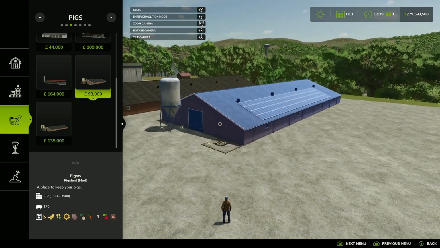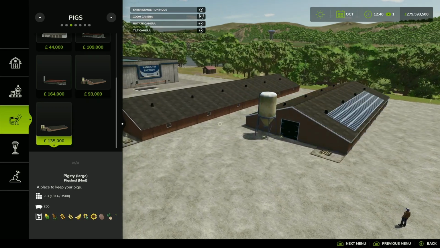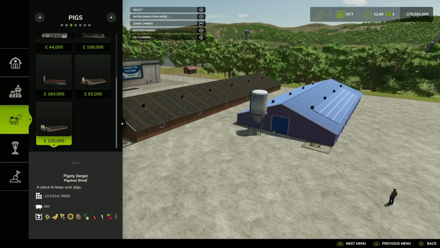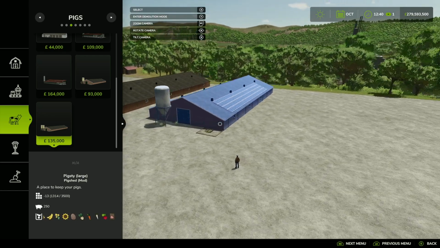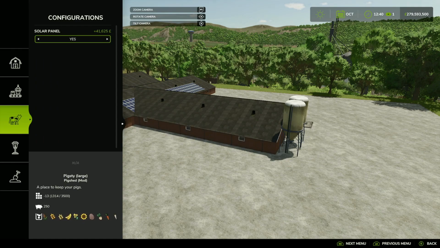First off is this one here for 93 grand. That's going to hold 170 pigs. And then we've got this little bit bigger one there. That's going to cost you 135 grand and hold 250 pigs. Now, you do have the option on both of them. If you fancy doing a little bit of customization, you could put some...